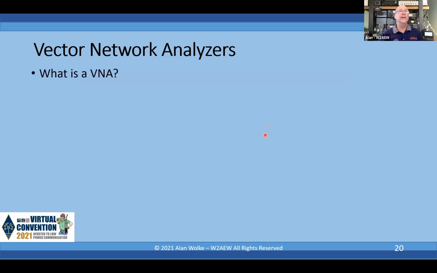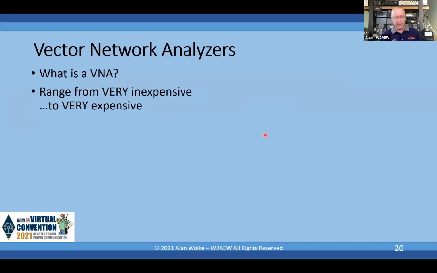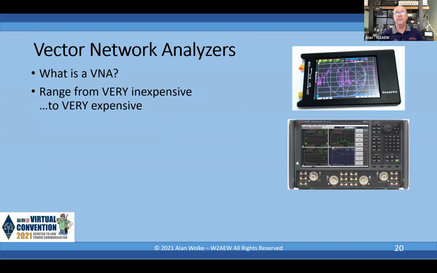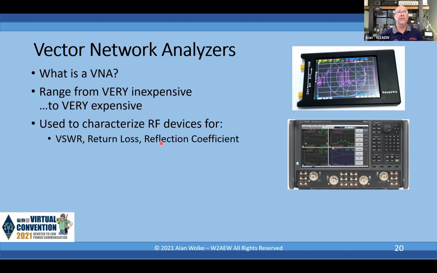Okay, so what is a VNA? Well, the VNA is essentially a device that can look at the reflection properties or transmission properties of a device. It can range from very inexpensive, like the nano VNA that we've talked about, to very expensive, to well over several $100,000. And they're used to characterize devices for things like SWR, return loss, reflection coefficient, transmission gain